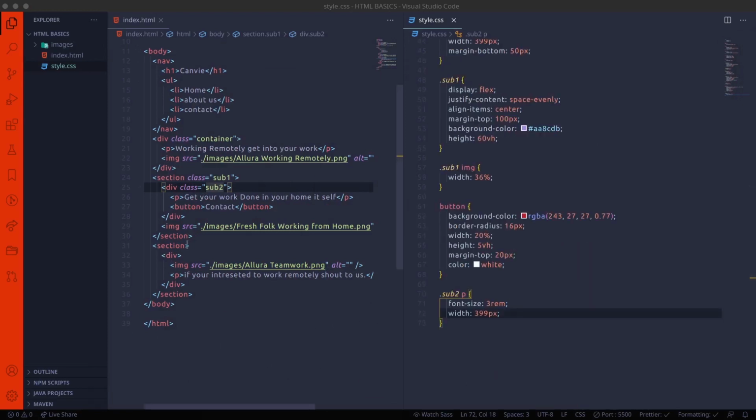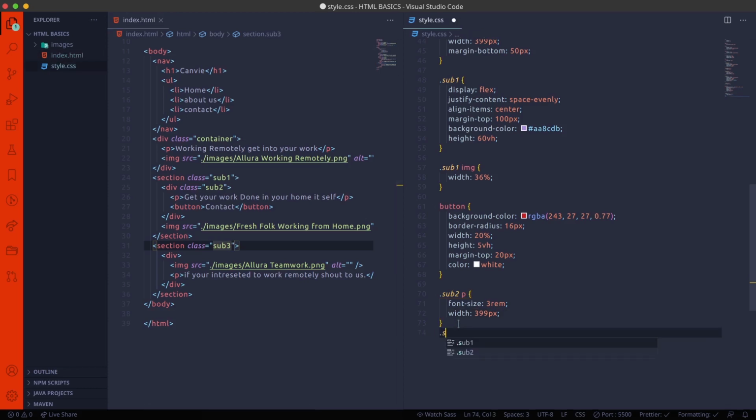So here also I'm referencing this section with a class called sub3. So now sub3 display property to be flex.